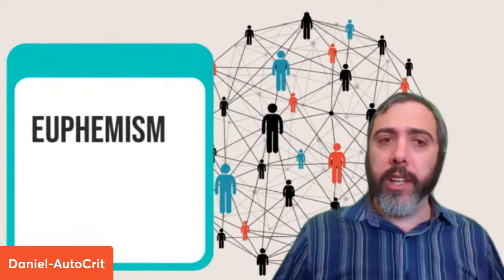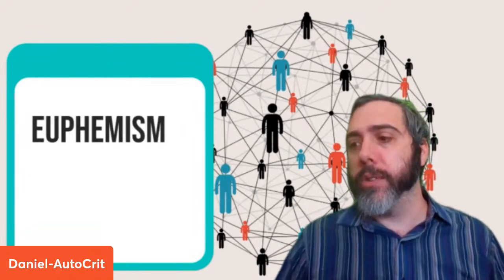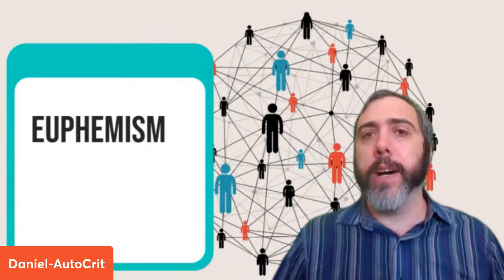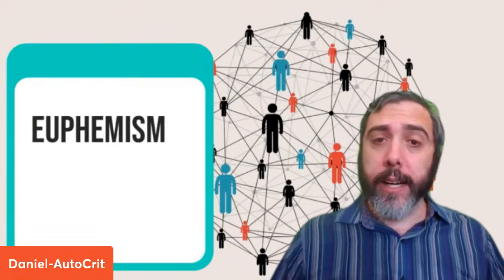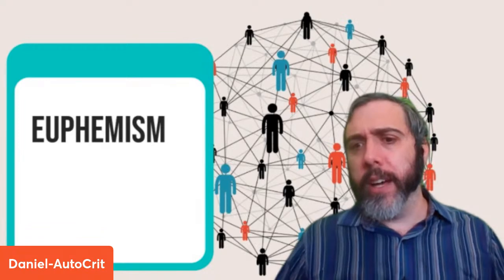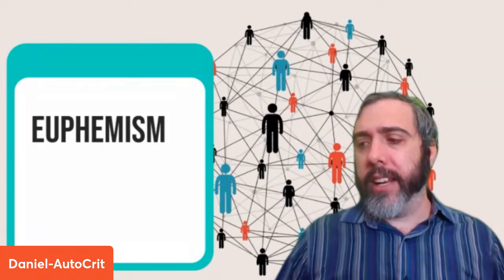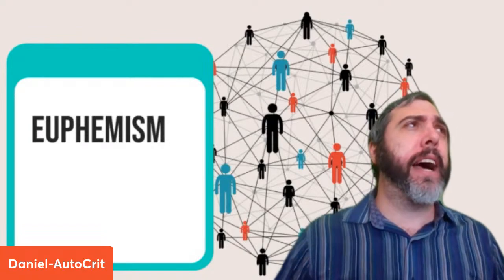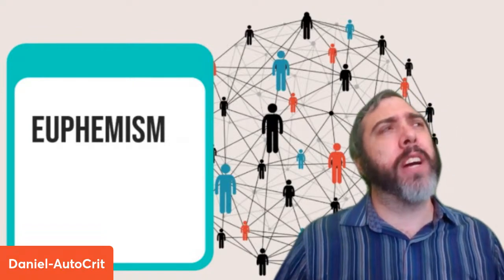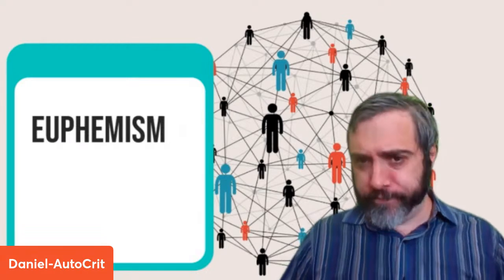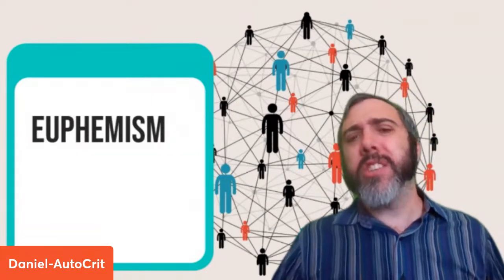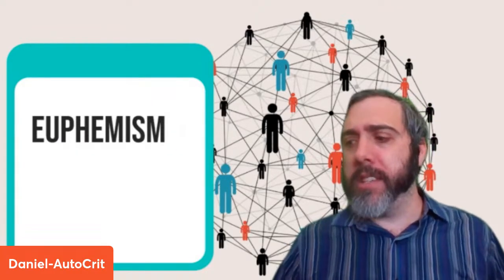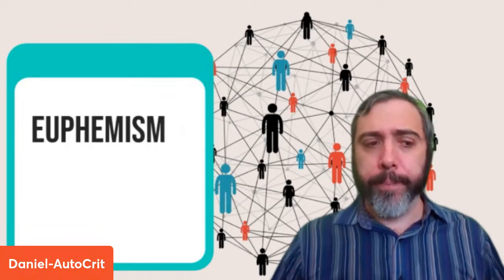Euphemisms. Yes. Why do we use euphemisms? Because we don't want to say the obvious, right? We don't want to be explicit in what we're talking about. So what this usually tells you is that what is being talked about is either a taboo, it's a little bit uncomfortable, perhaps they're trying to be delicate in how they talk about it. And this is usually a pretty obvious one. This is not one where it's really subtle.